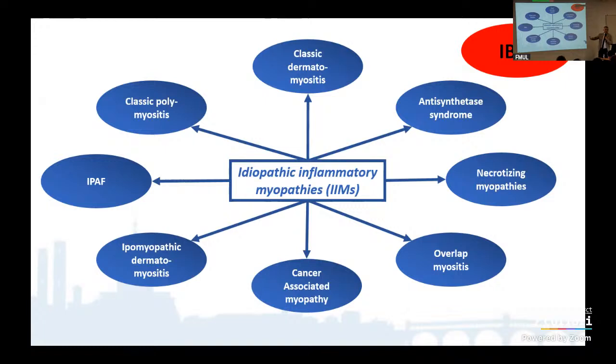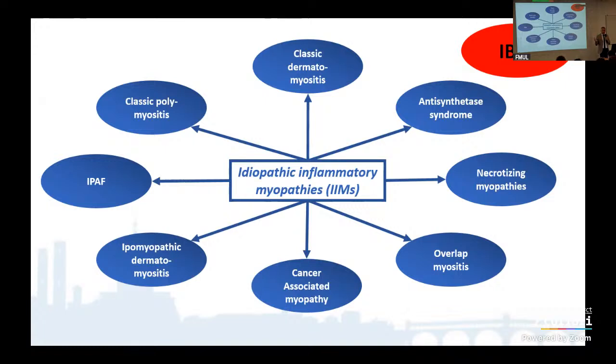Idiopathic inflammatory myopathy, as you know, may include different conditions that are no longer limited to classic polymyositis and dermatomyositis. Now we have antisynthetase syndrome, necrotizing myopathies, overlap myositis that are steadily increasing in terms of interest and numbers, cancer-associated myopathy, hypomyopathic forms of the disease, but we also have IPAF, because you know that an IPAF patient may have ILD, and may have anti-Jo1, they are antisynthetase syndrome for sure, but also anti-Scl70, anti-RNP, and so on, a lot of